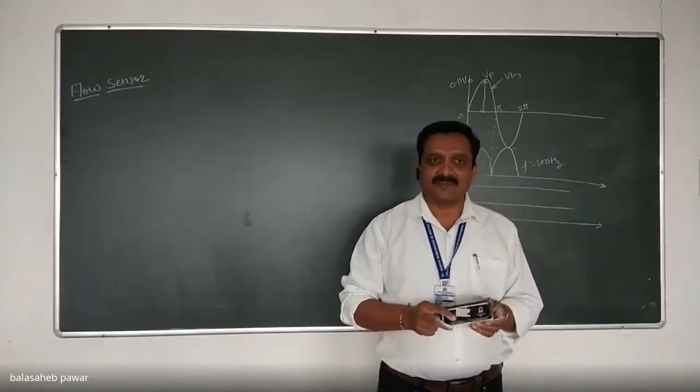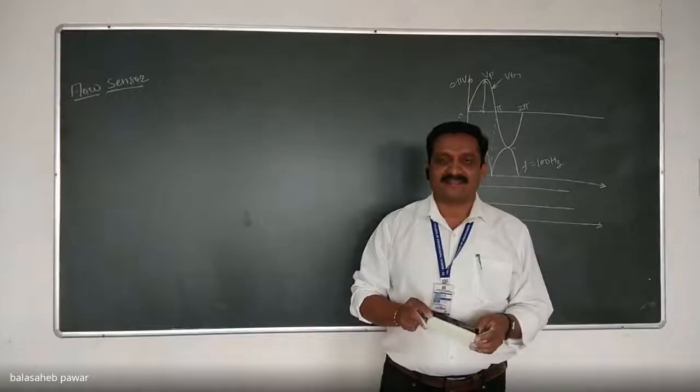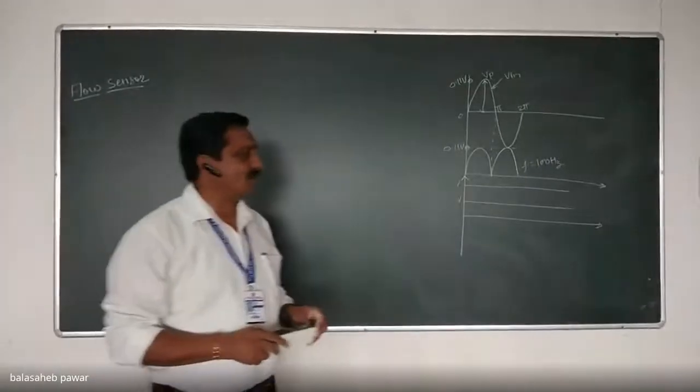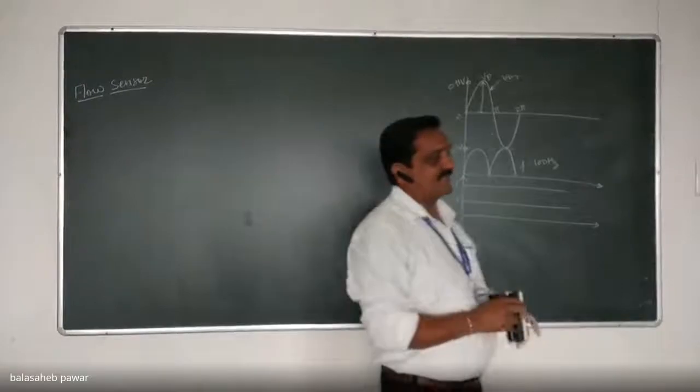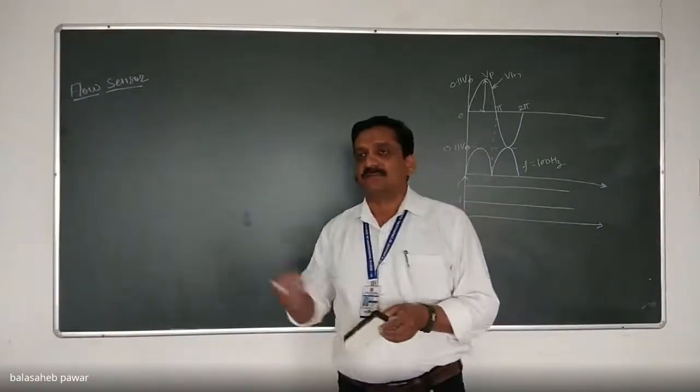So can we apply 12 volt as a logic high to our microcontroller? No, sir. Logic low is okay, but high is not. Yes, up to 5 volts, 100% correct answer. That 12 volt we can't apply as a logic high. It will be dangerous to our microcontroller because it can sustain up to 5 volts.